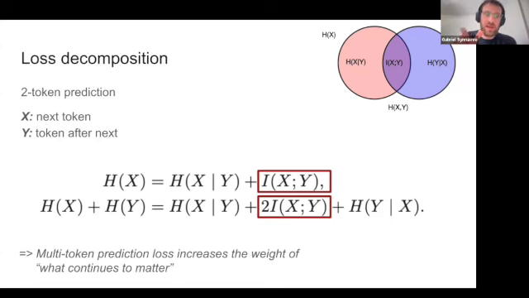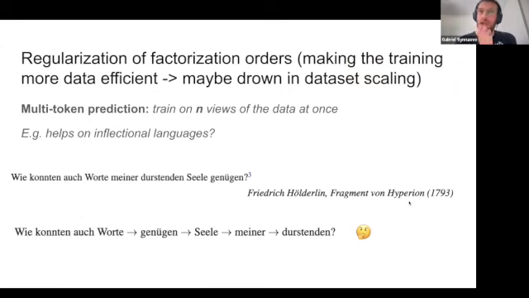But what it means is that for each pair of tokens that you have to predict in two token prediction, you increase the weights of the joint prediction on X and Y. So what I mean by that is, basically, what continues to matter once you have predicted the X is still the Y, while you put 2x more weight if you are predicting two tokens. If you look at the entropy of the sequence, and